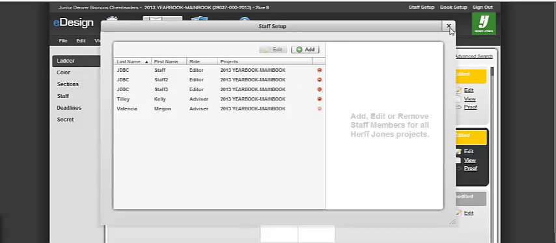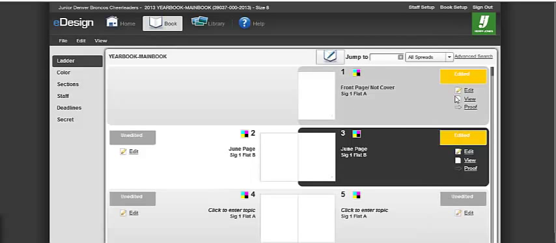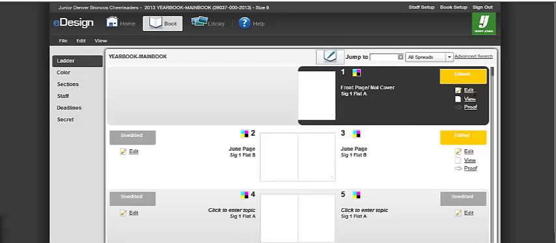It may be in staff setup. I don't think you have staff setup on yours. Anyhow, you would be able to set that up, and if you want to do that, I can help you do that. Just let me know. So this is your page, and then the second thing that's going to be important is you're going to need